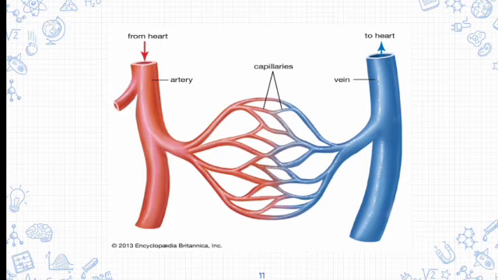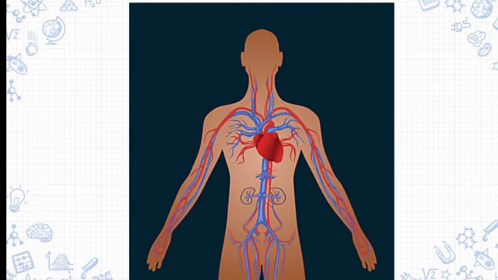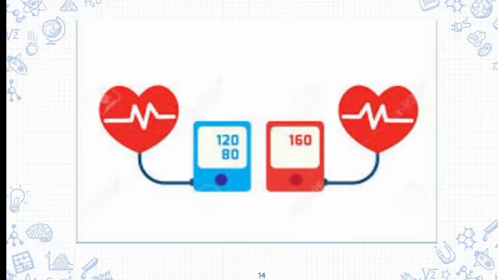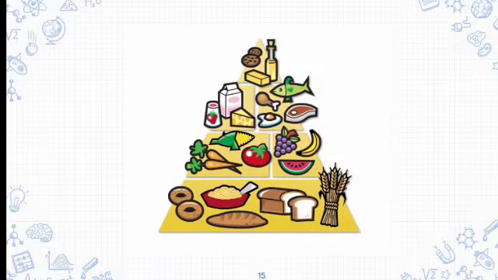Here I show you the picture of capillaries, how the capillaries are combined in the center and how the flow of pure or impure blood happens. That system altogether is said to be the circulatory system. They play a vital role in our life. Shortage of blood or high or low blood pressure makes us ill. So to maintain blood pressure we need to take a healthy diet.